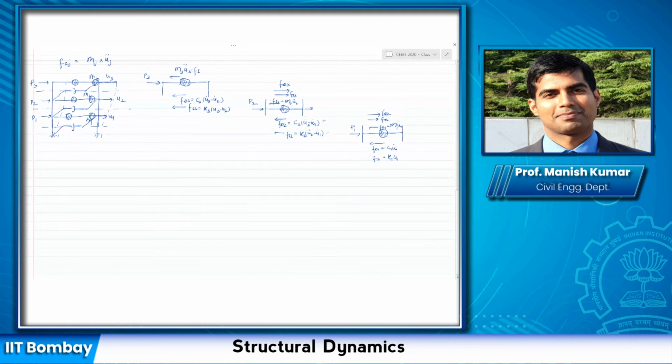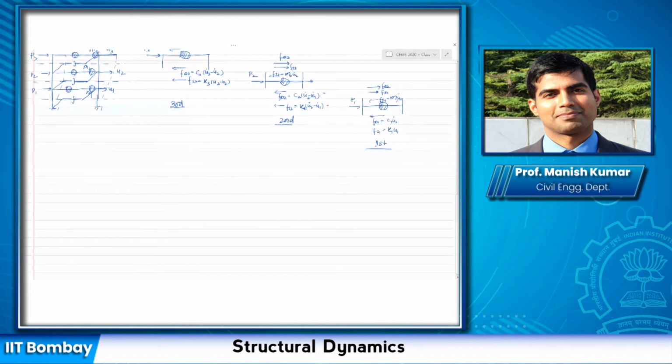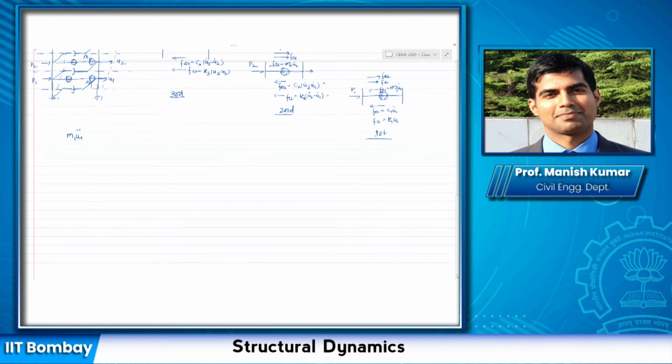Now if I consider, so this is third, second, and this is first. Now let us write down the equation of motion for the first story. Okay, so in that case, I can write down M1 U1 double dot plus Fd1 and Fs1 plus, or let us in this case, I have forces which are opposite to that. So it would be minus Fd2 minus Fs2. Okay, and that is equal to